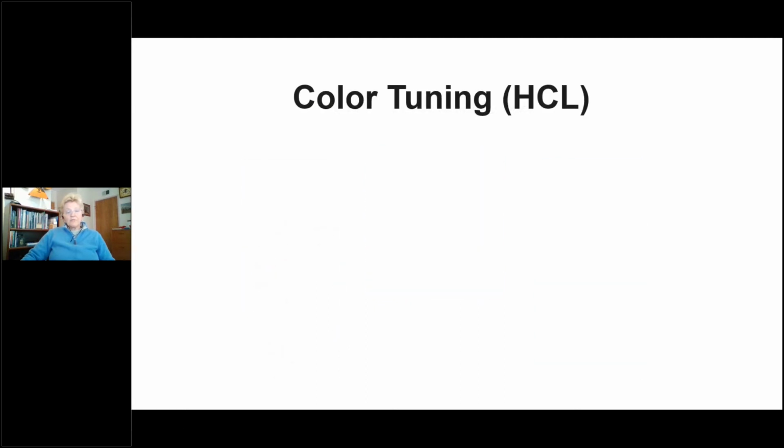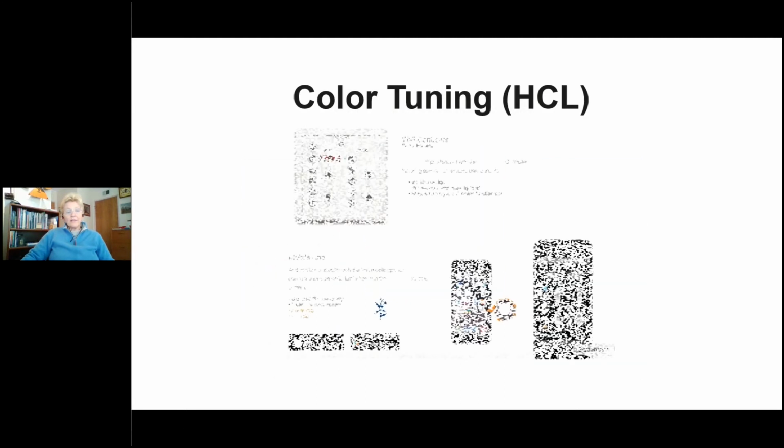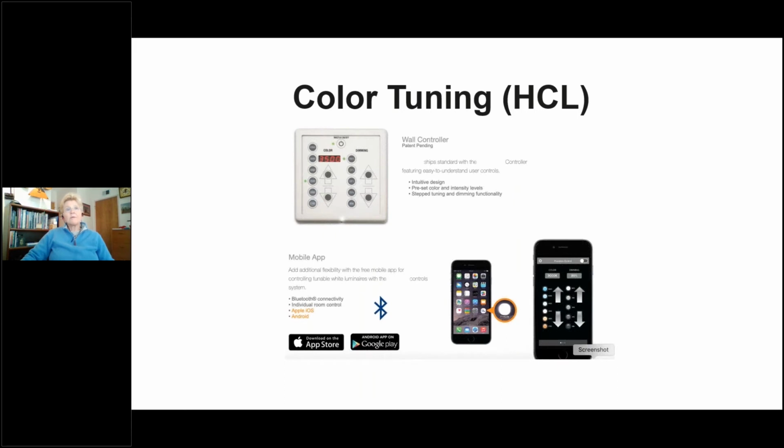When we have color tuning devices, those can be somewhat more complicated. People don't often understand color tuning. Here's a particular device as well, and there's a readout here that says it's on 3,500 Kelvin. But to be really honest, I don't know what 3,500 Kelvin means if I'm not a lighting designer, and so I don't know if that's the color I want. There are other devices that might have scales of the color temperature that might be a little bit more intuitive.